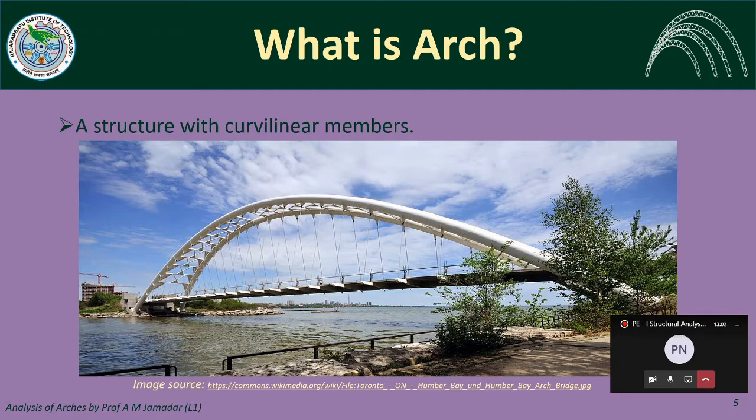Okay, you might have seen up till now a horizontal member which we generally call a beam member, and a vertical member which we generally call a column member. Arch is nothing but a curvilinear or curved member which is provided in a structure. In elevation the arch is normally curved in nature. That curve may be a parabolic curve, maybe a circular curve, or maybe a semicircular curve.